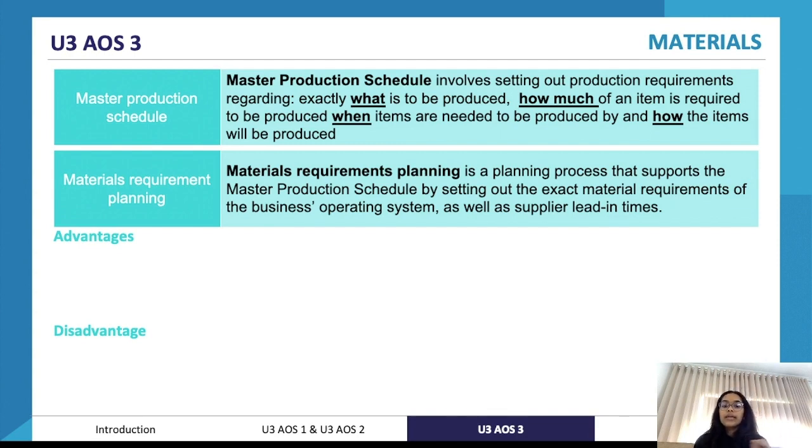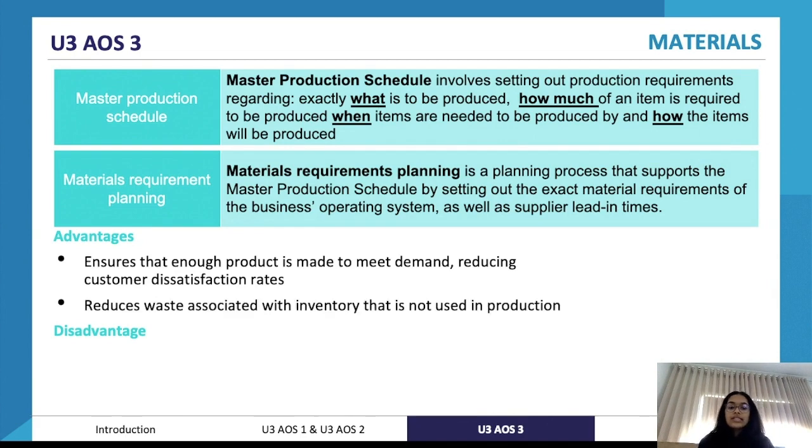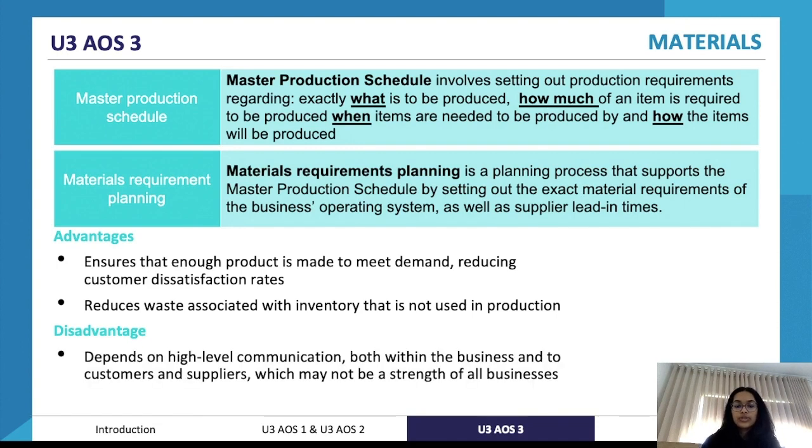So while the MRP more so focuses on the material requirements and explicitly stating those, the MPS is more so the production requirements. So how things are to be produced, how much of things are to be produced, etc. The advantage is that it ensures that enough product is made to meet demand, and so it reduces customer dissatisfaction rates, and also reduces waste associated with inventory that is not used in production. Because the business is explicitly outlining how much they need to produce in order to meet those